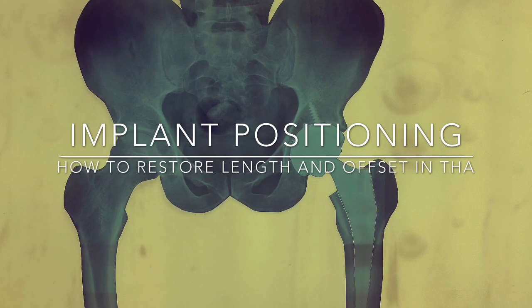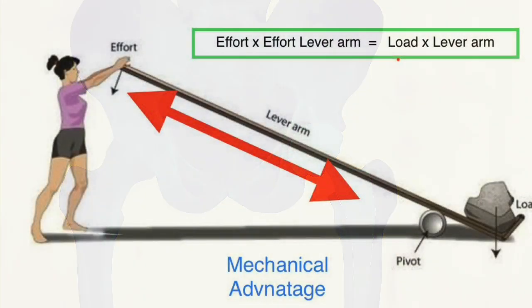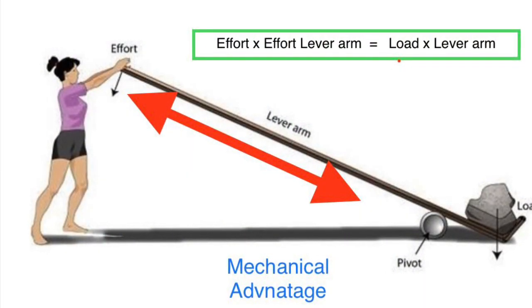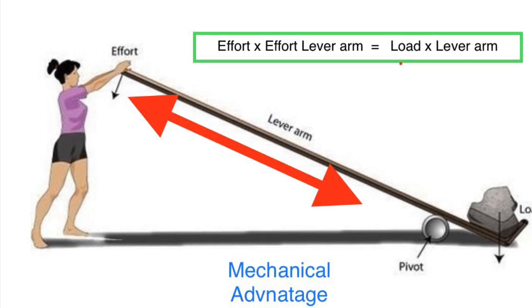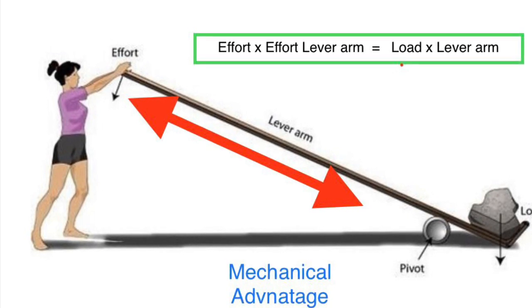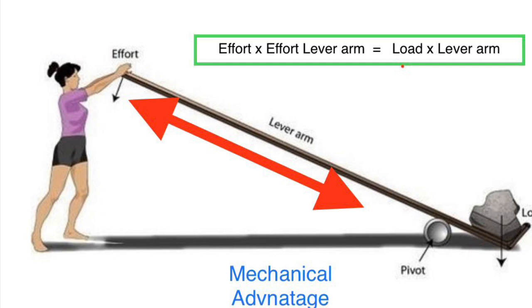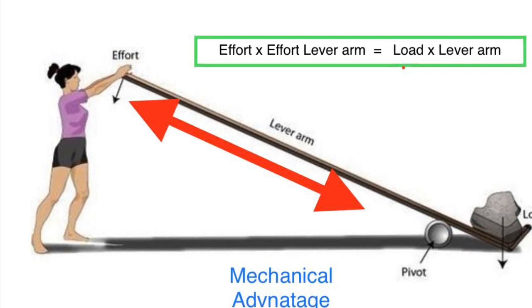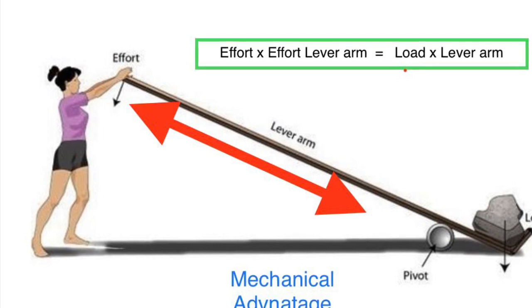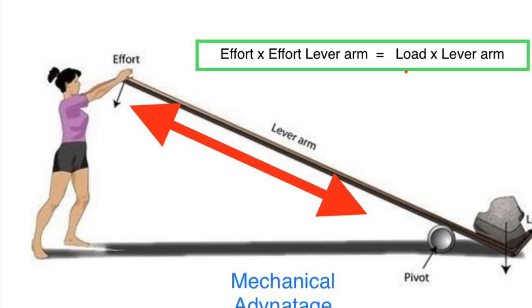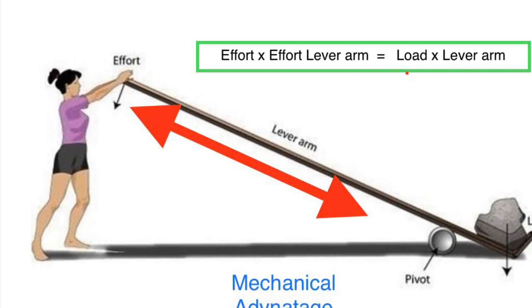This will remind you of your physics class where you read about the first class lever system. So when you exert effort on one end of the pivot, the load on the other end is lifted, the work is done. Mechanical advantage is there when you have to exert little effort by increasing the lever arm. If you keep on increasing this lever arm on your side or the effort size, you will have to exert very little effort in lifting up this load.